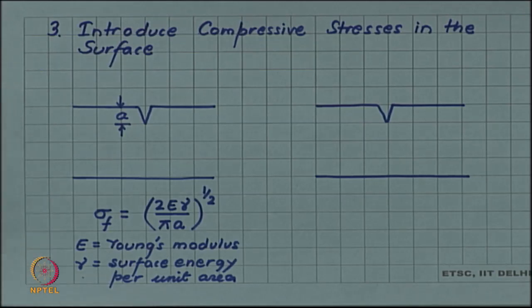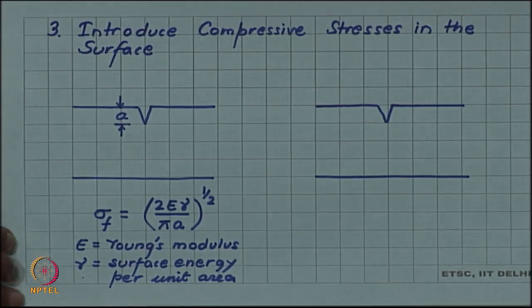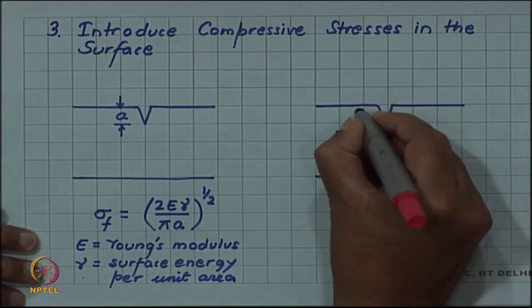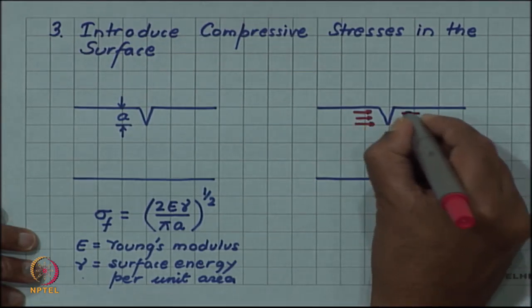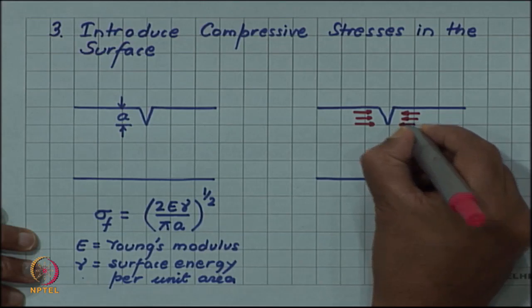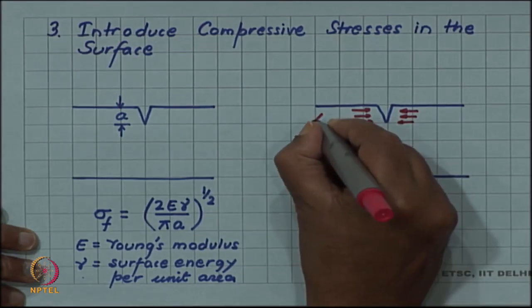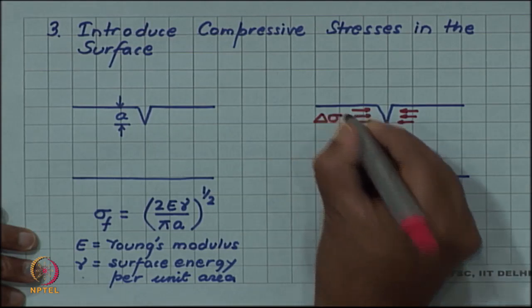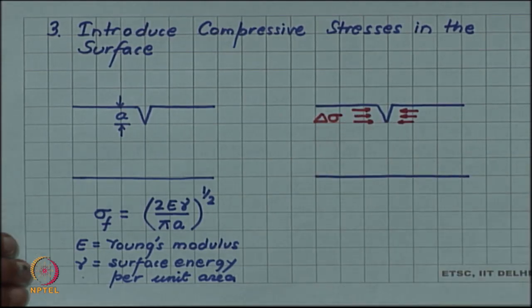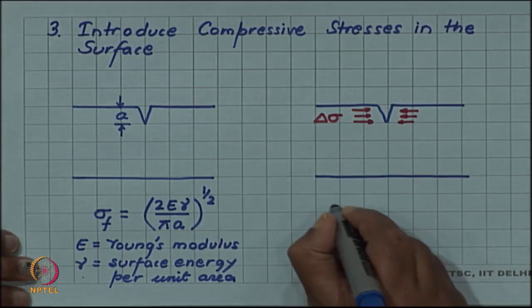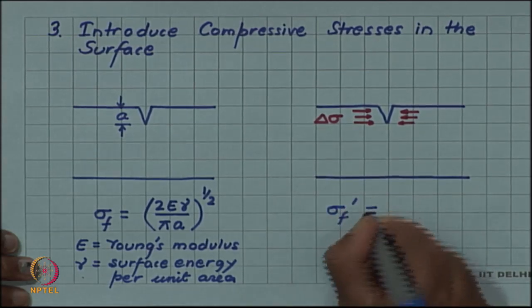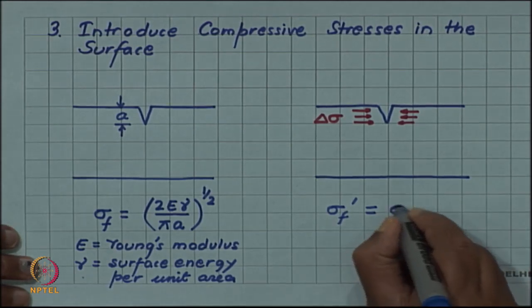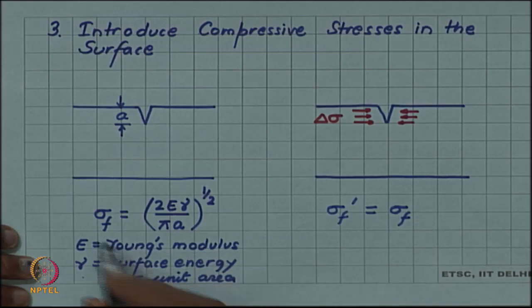Now, if somehow some residual compressive stress is introduced into the surface, so suppose the crack faces now are in compression and the value of this compressive stress is, let us say, delta sigma, then the fracture stress in this case will be enhanced by the same value. In this case sigma f prime will be this sigma f due to the crack length A